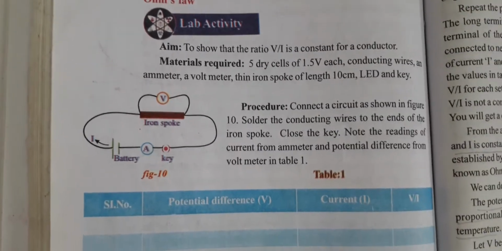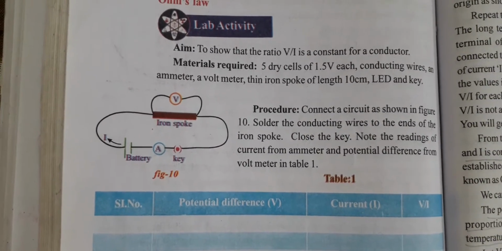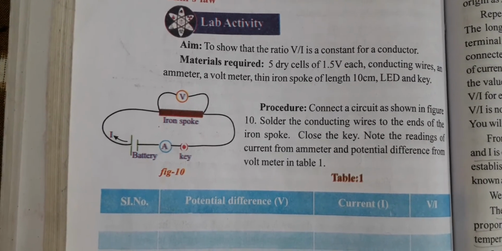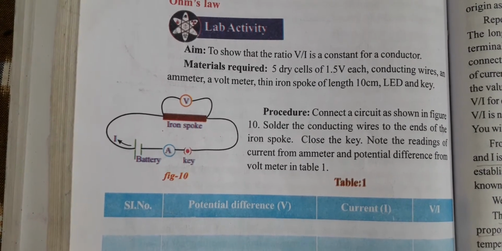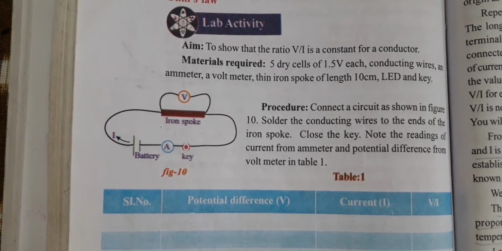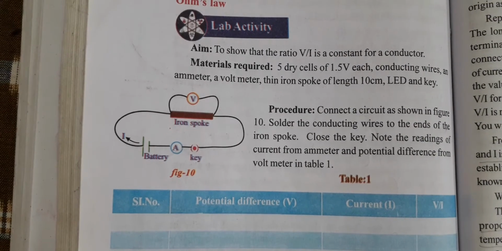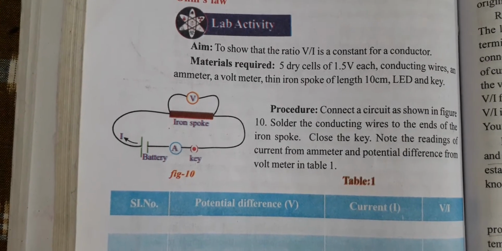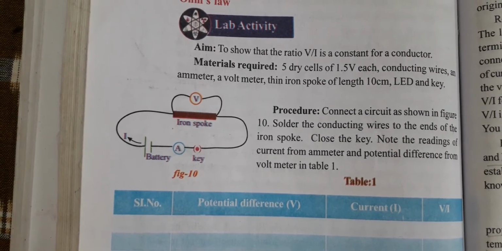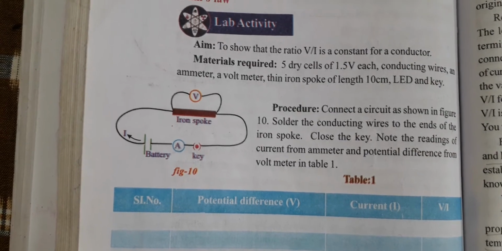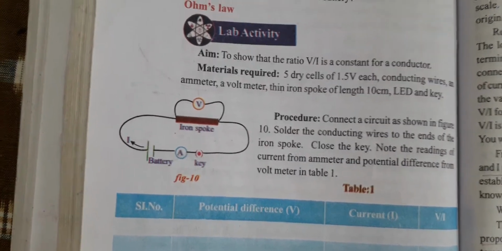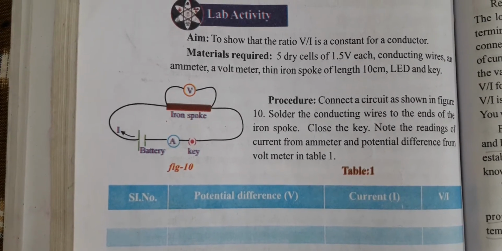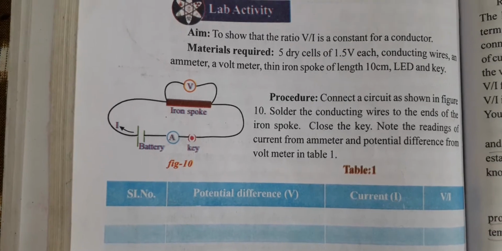Another activity. This is the last activity we are going to deal with today. In all the activities we have seen, we changed the materials. Now here we are going to change the batteries. We are changing the voltage of the battery: first time we take only one small cell, then add one more, then one more. So the voltage is changed, that means the input voltage you are giving is changed.